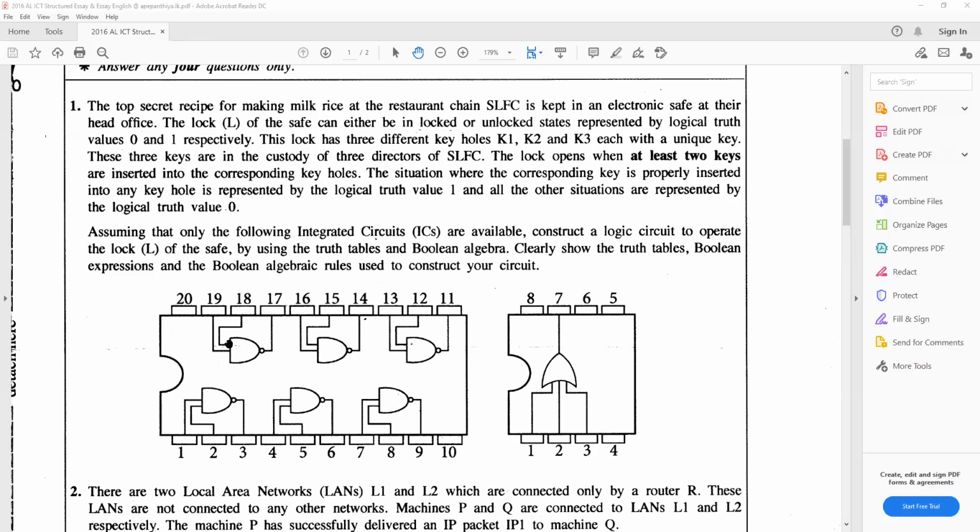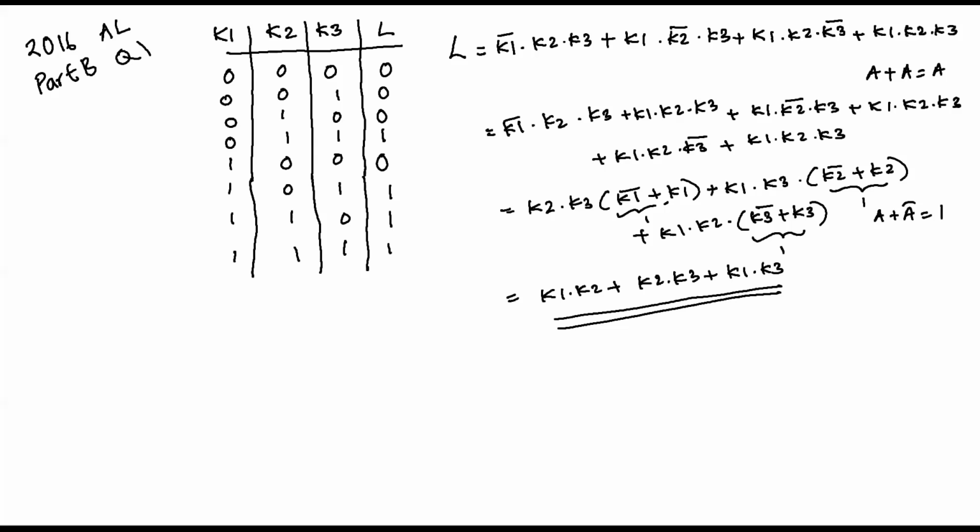So to construct the circuit, we have been given 6 NAND gates and 1 OR gate. Now let's see how we could construct this. We have been given NAND gate to construct this. If you take NAND gate, what is NAND? Let's say you have A and B. What is the output? Let's say Q. Output is